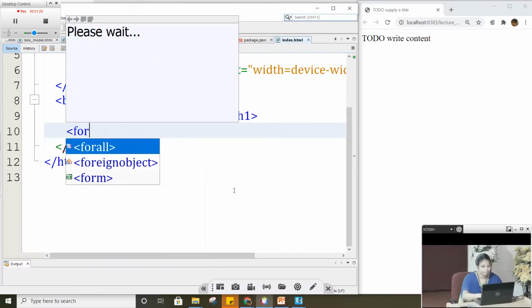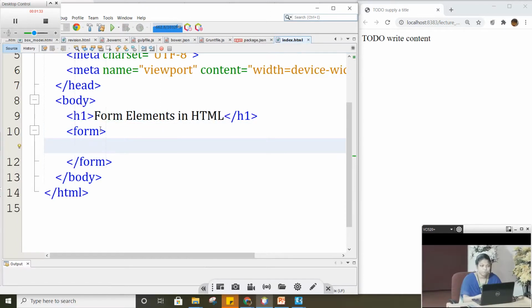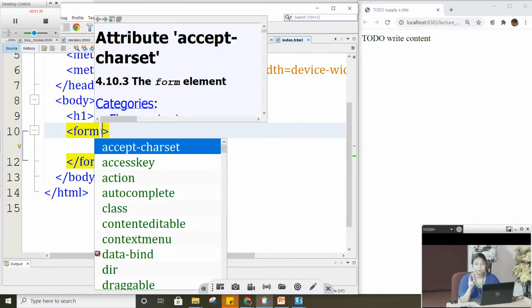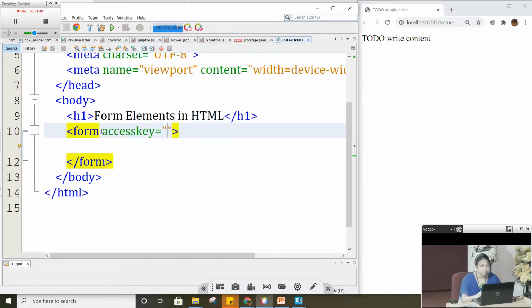Okay. So let's start using this form element. So here is our form element. This form has two main important attributes. One such thing is action. What does this action specify? It will tell us, whenever we are going to submit our data to the server, to which web page or to which server I have to submit this data. That can be mentioned in the action part. This can be a partial URL or a complete URL.